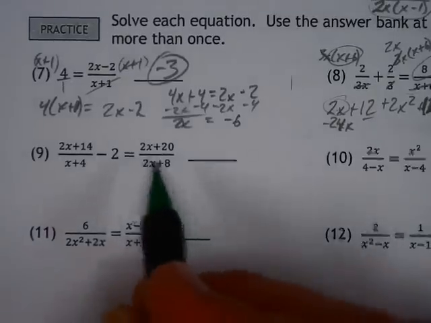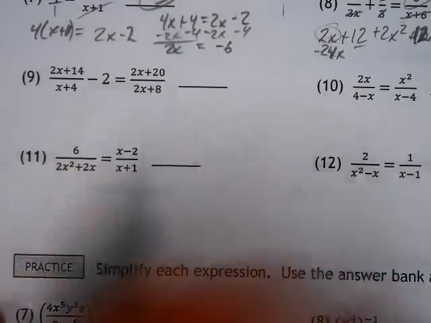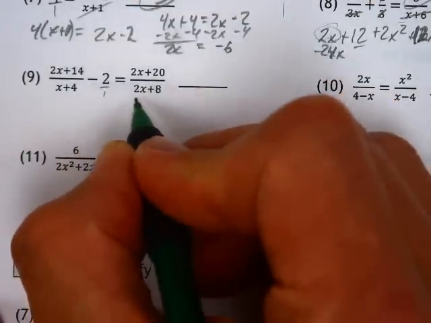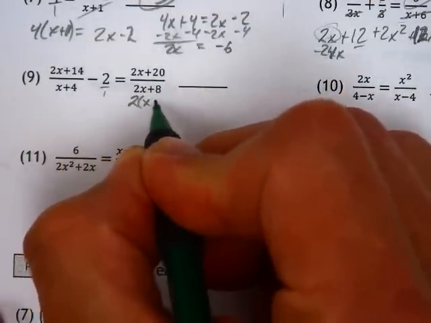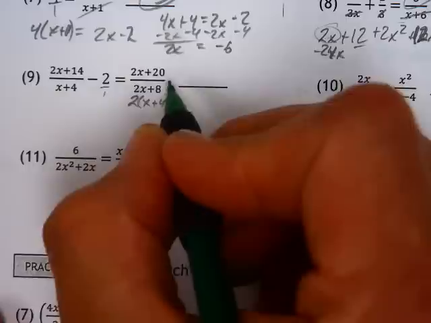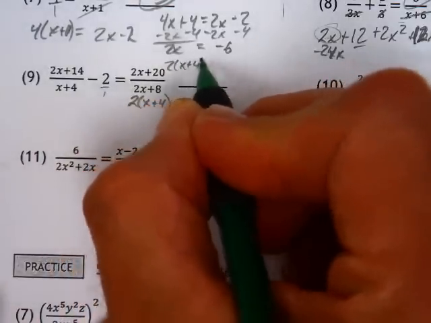Okay, this is another example where we have multiple fractions, so we can't just cross multiply. This is over 1. But our common denominator, if I take out the 2, is 2 times x plus 4. So I've got 1, 2, 3 terms. If I'm going to multiply each of them by 2 times x plus 4, I need to write that down